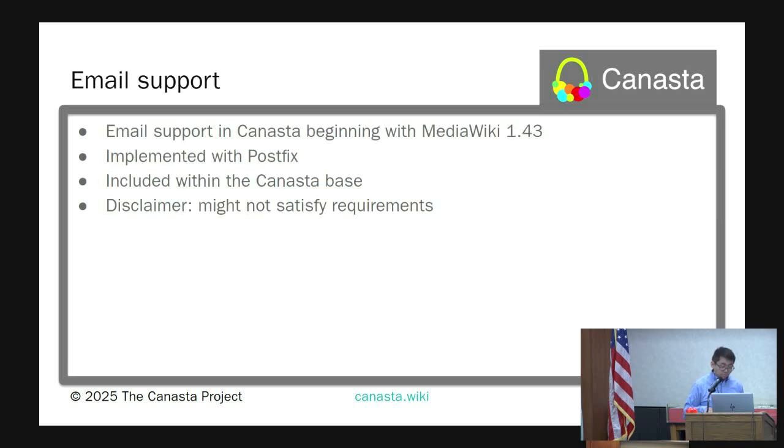We've also finally worked on adding email support in Canasta, beginning with 1.43. This was implemented with postfix, so now it's included in the Canasta base image. A disclaimer though, for those who are sending lots and lots of email, you probably want to use something different, not because this is a poor implementation or whatever, but because